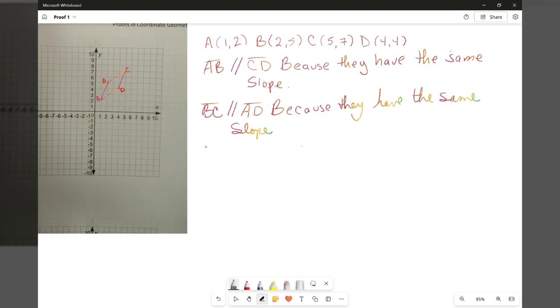And then I'm going to say that since both pairs of opposite sides are parallel,